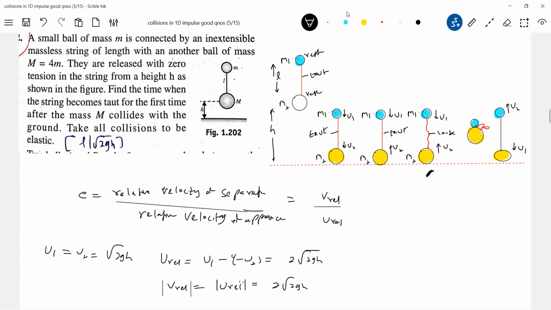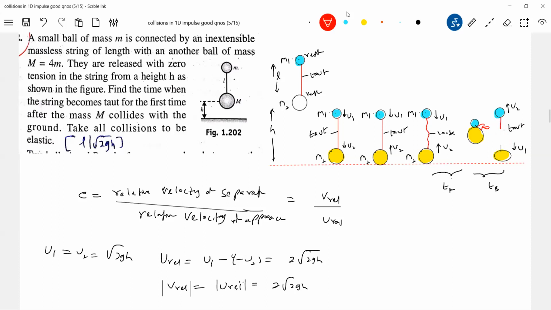And what is L? L is our distance. So from here to here, the time is what being asked here. So what time it will take to collide this? These two times, will they be equal? TA and TB. They collide, again they'll get separated, again the string will become taut. Go back to relative velocity. What is the length of the string? This is L, no? Length of this separation is L.